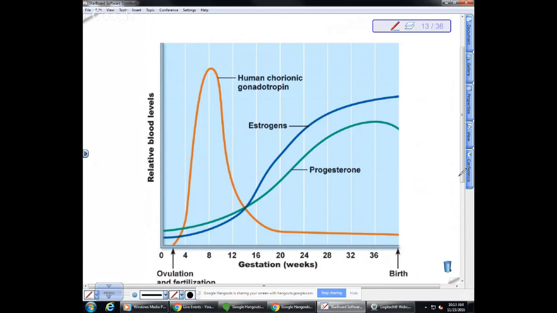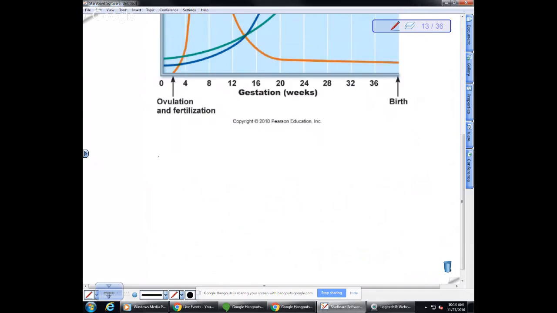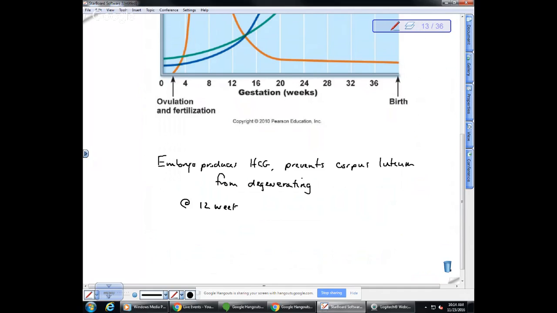Okay, so early on, the embryo produces HCG. Right. And this prevents the corpus luteum from degenerating. And it is the corpus luteum that produces estrogen and progesterone. Right. And remember, the corpus luteum is actually in the ovary. Okay. At 12 weeks, we have the placenta. So the placenta takes over